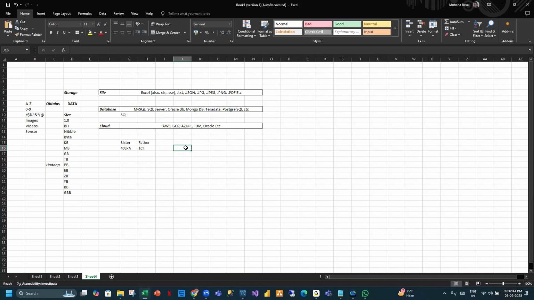Cost. Similarly, compare the size. Instead of cost, replace it with size. Sister is like database, father is like cloud. The support they give is for the size of data.